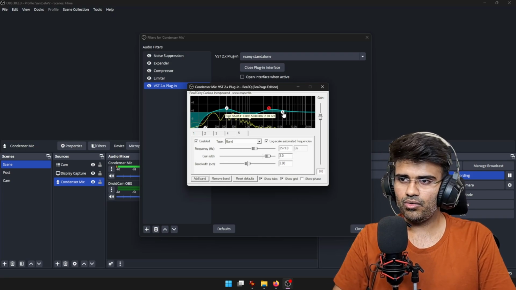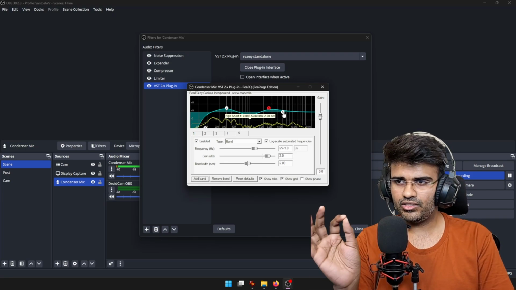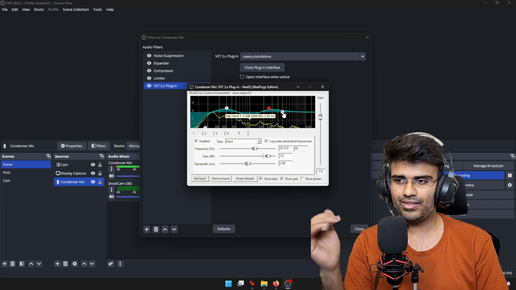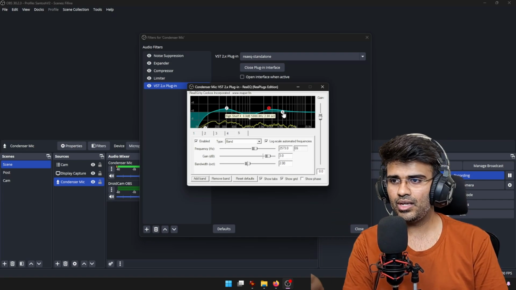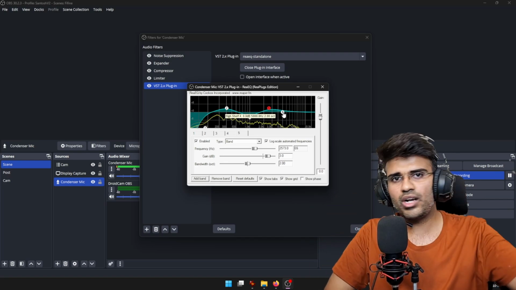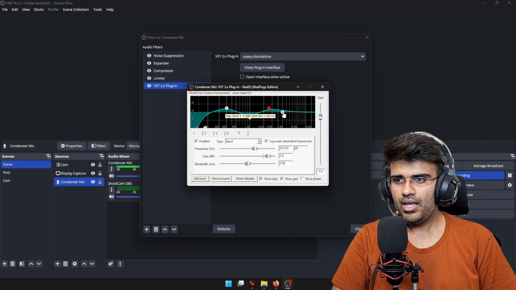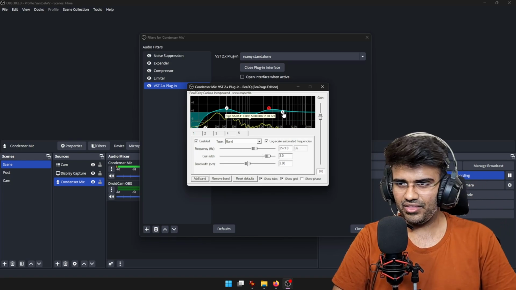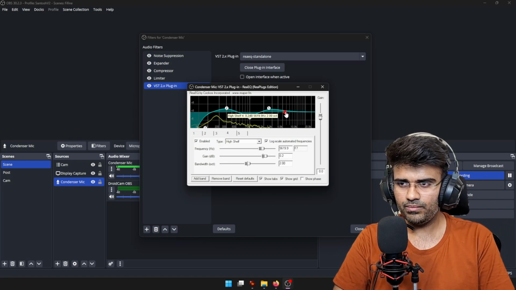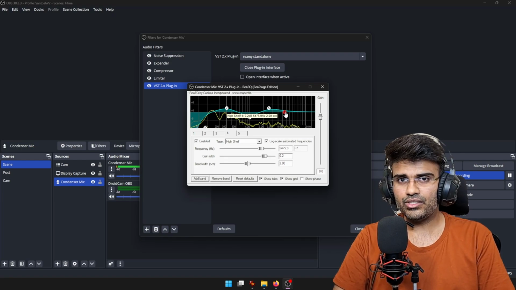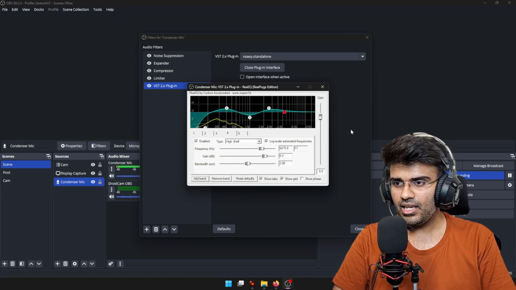All right, the next thing is the place where I'm trying to solve a problem with this mic. This mic is notorious for sibilance. When I listen to my YouTube videos on an earphone, the sibilance is kind of high for some reason. So if your mic has the same problem, then this is the frequency that we should focus on. It's usually 5000 to about 7000 hertz, because if you see the screen,